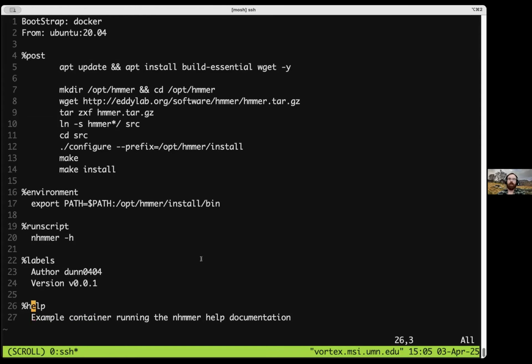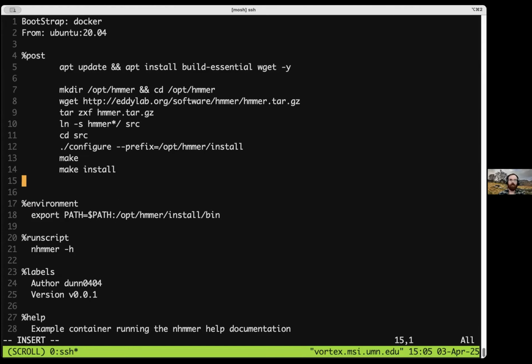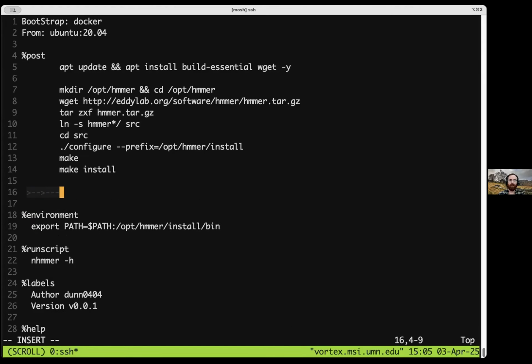We are setting up the environment that we're going to use to perform a research task. We would almost never, I only say almost because I'm sure there's a place where this would be useful to someone, include in our post section something like, okay, now let's actually run